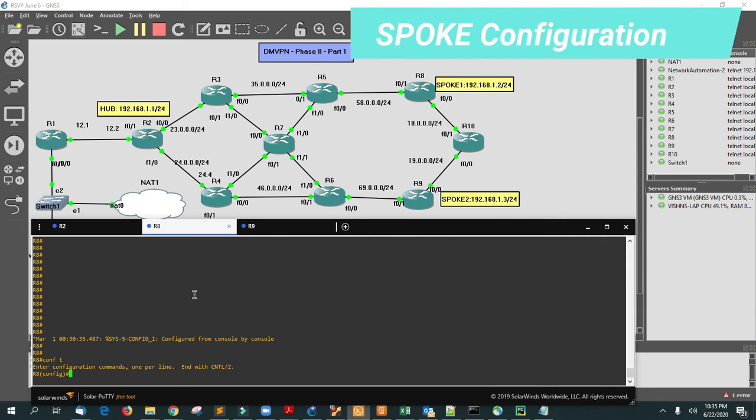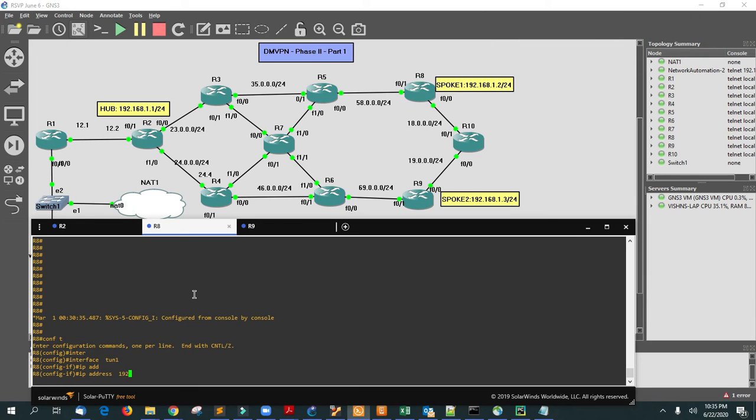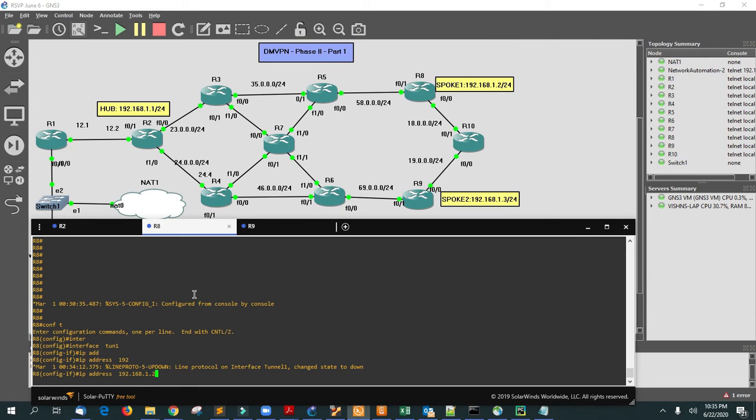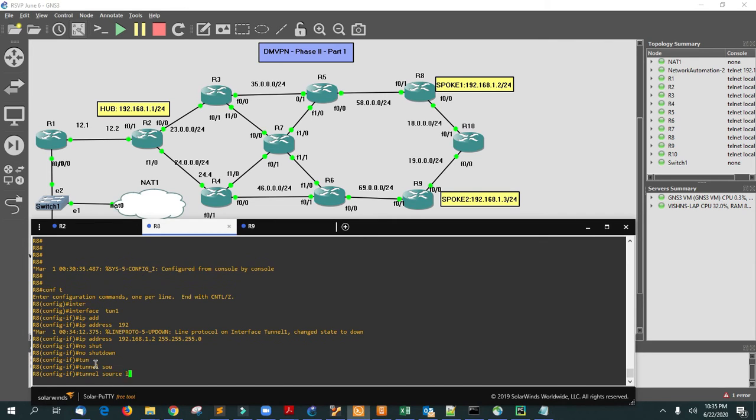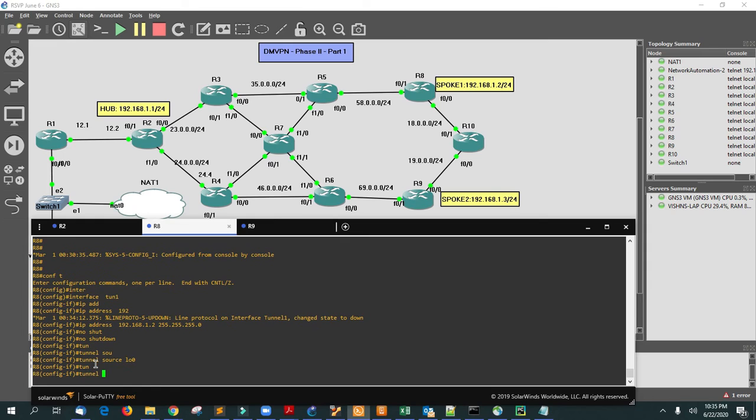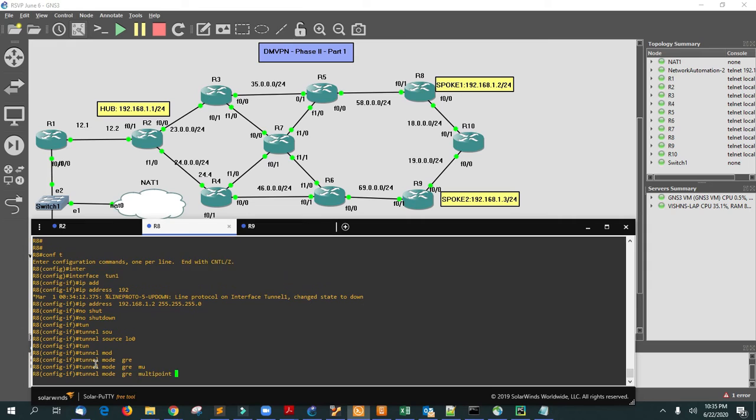Configuration for interface tunnel 1, the IP address is going to be 192.168.1.2. I don't need to give no shutdown, it's my habit. The tunnel source is my loopback 0, then the tunnel mode gre multipoint.